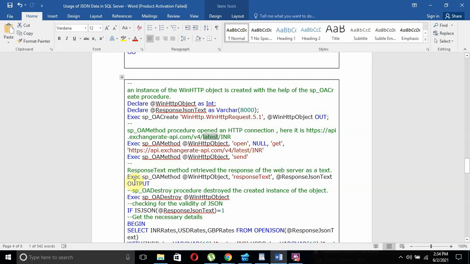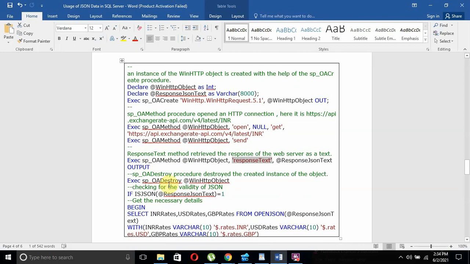So we write exec sp_OAMethod @winHTTPObject, 'responseText'. The response is available in the response text format, and we are capturing that output in our @responseJSONText variable as output. After that, we can destroy the object with sp_OADestroy @winHTTPObject. Now we got the response text in the format of response JSON text.